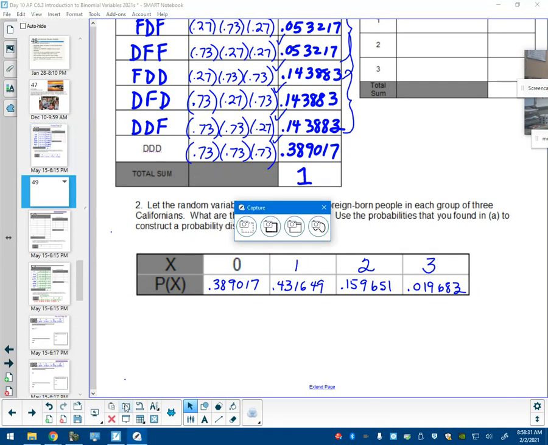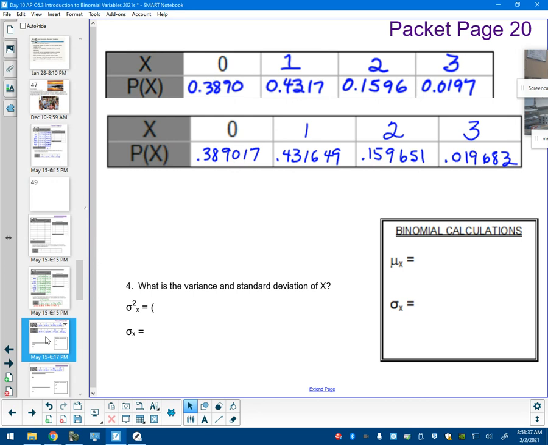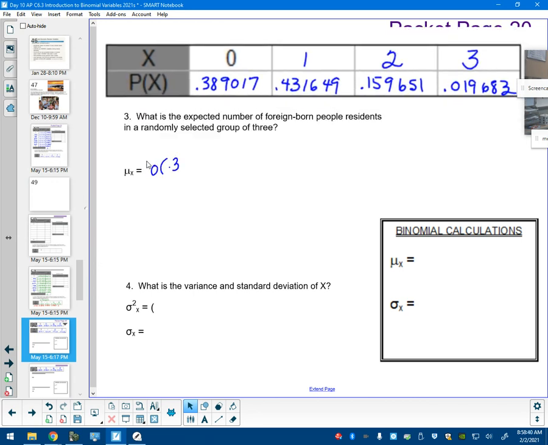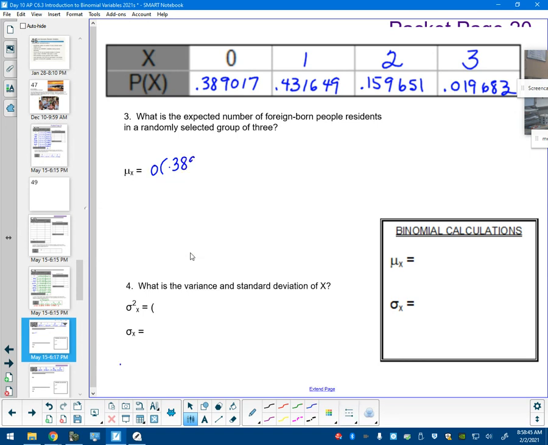All right. I'm going to bring you down here. Okay, I like that a little better. So 0 times 0.389017 plus 1 times 0.431649 plus 2 times 0.159651 plus 3 times 0.019683. So in the long run, if I go picking 3 Californians over and over and over again,